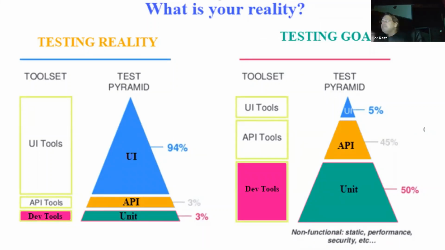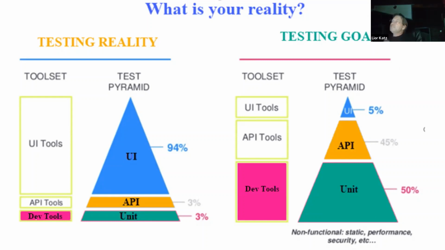Now, the reality currently in the world is not like that. We're glad that UI testing is not 94% of test automation. It's less, but you know, it will take the world, I don't know, years to get here and to test only 5% of the UI, 45% of API and 50% of unit test. But you know,